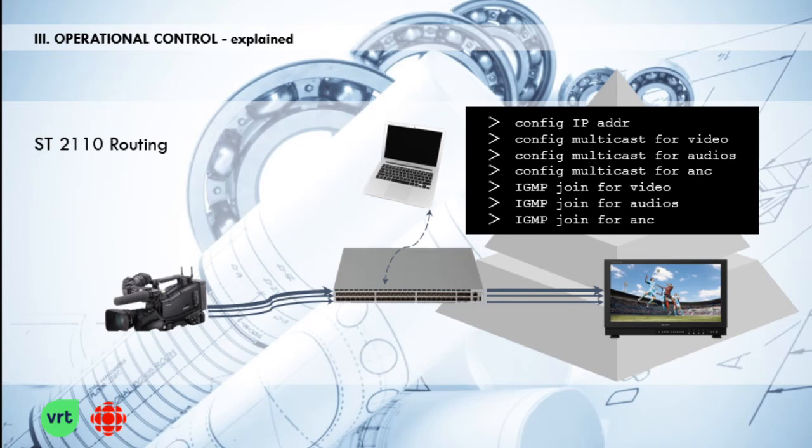First of all, you have multiple flows usually. So in the case of a camera, you could have video, a number of audios, ancillary data. All of these flows need to be configured, provided with a multicast IP address. And then when it's time to establish a connection, you need to talk to the receiver and tell the receiver to join each of these flows separately. And if you imagine the scale of a larger system, the number of manual operations that are required to establish connections,